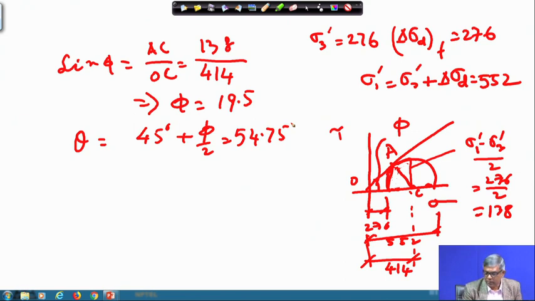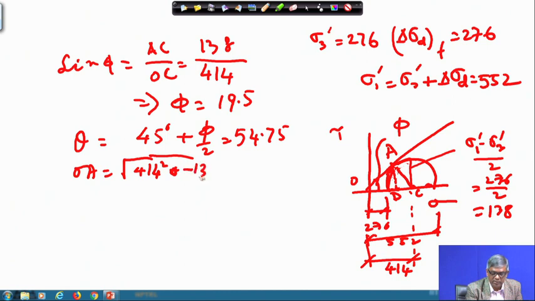And now I can find geometrically, if I drop a perpendicular here, and suppose this is a point D, then your value of OA will be equal to under root 414 square minus 138 square,